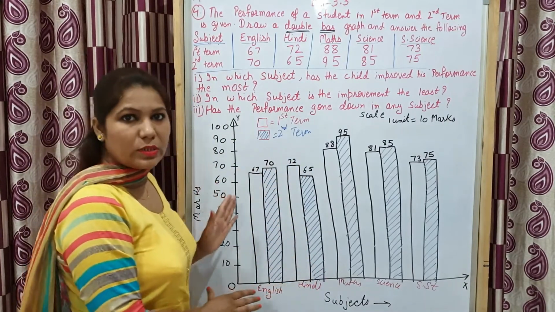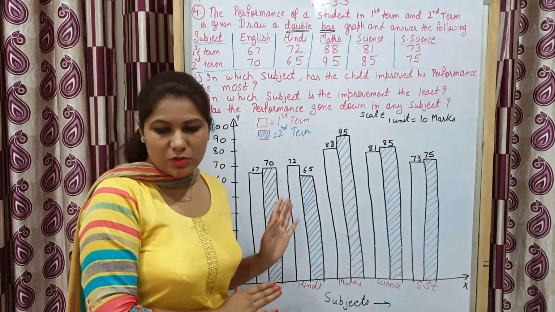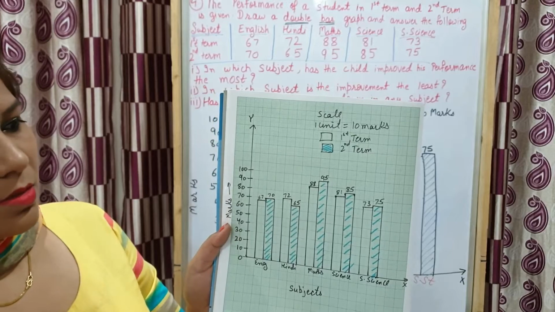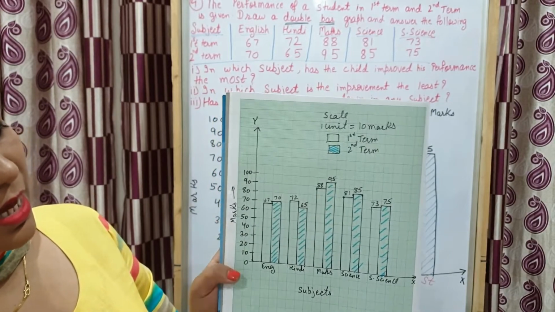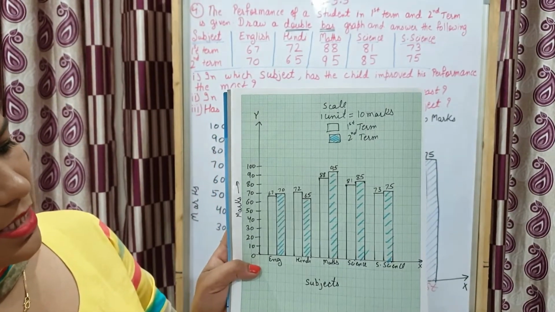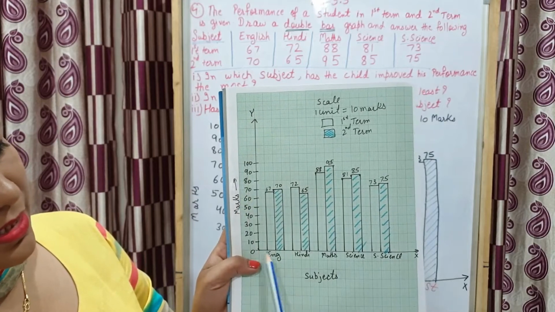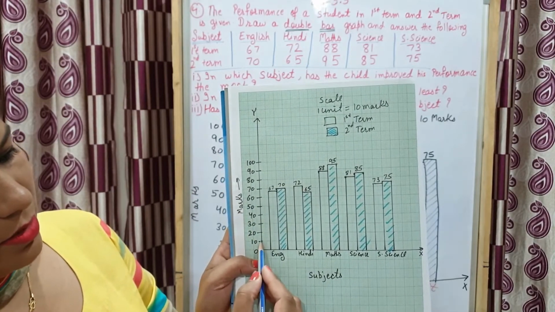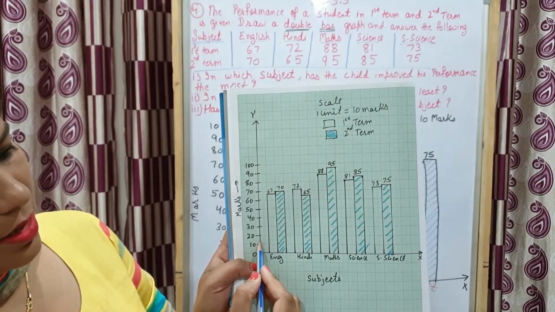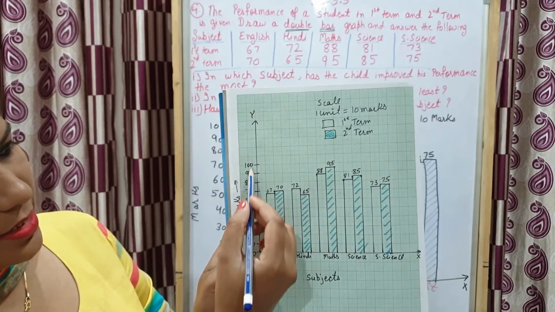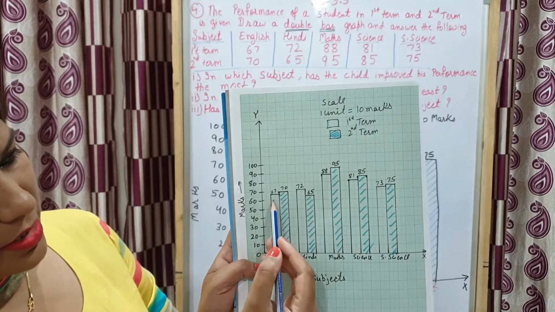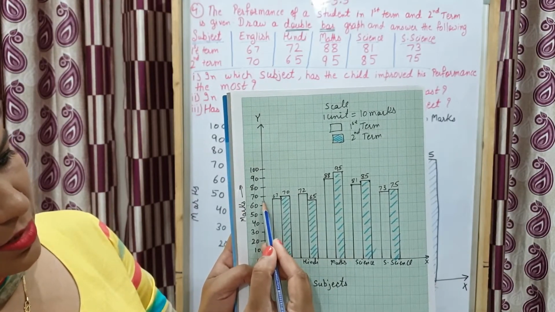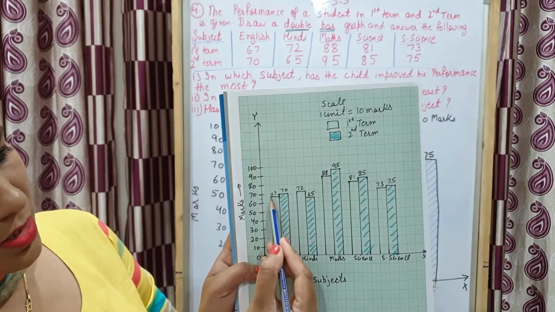Now I will show this graph on graph paper also, so it is easy for you. See students, this is what I have done on graph. See carefully the y-axis, x-axis, subject and marks. One box is 10, another box 20. So I write here 100, then 67, between 60 and 70, here it's the fifth line, 65, just two steps.